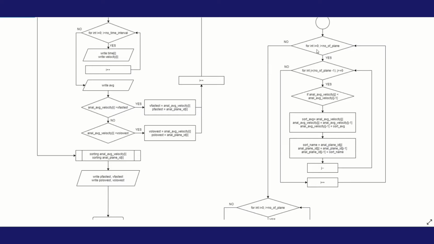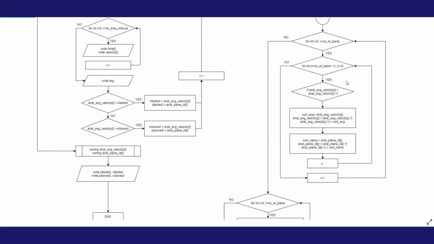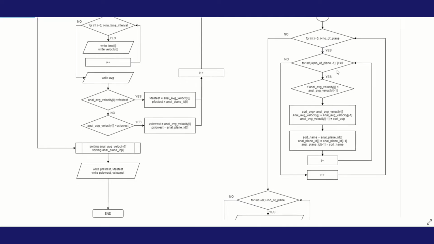For integer i equal to 0, i is less than the number of planes just now. If yes, then we're going to enter the inner loop. For integer j equal to the number of planes just now minus 1, and j is greater than or equal to 0. If the condition is true, then we enter this inner loop,